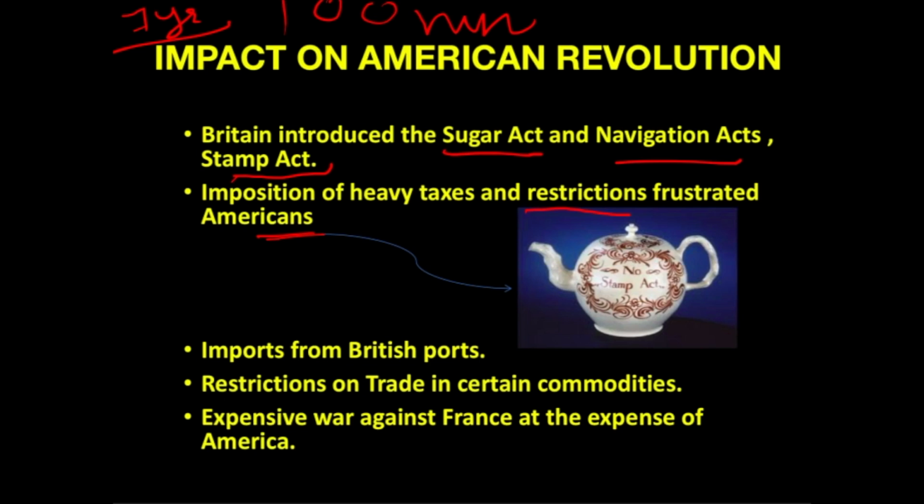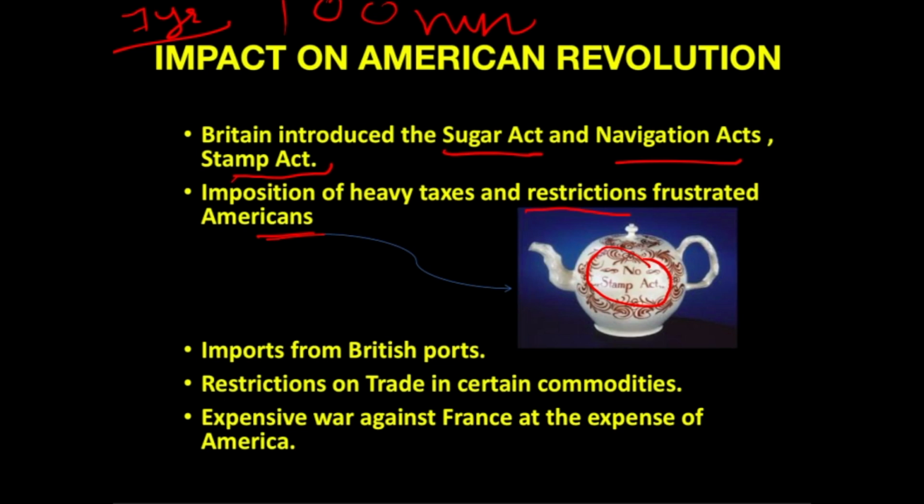They started the campaign of No Stamp Act, No Taxation Without Representation, and all these movements started. At that particular time, movements like the Sons and Daughters of Liberty also started. So they wanted